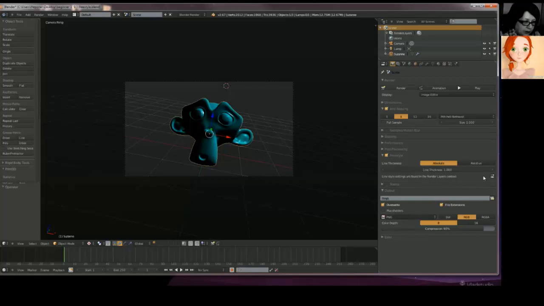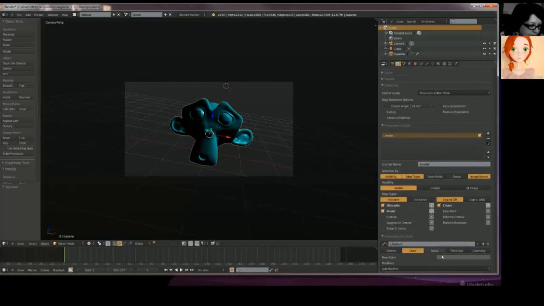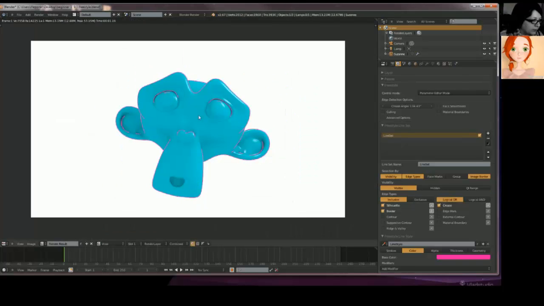You can change the thickness and the color. Here is the base color. Let's render it again. And now I have a pink thin line.